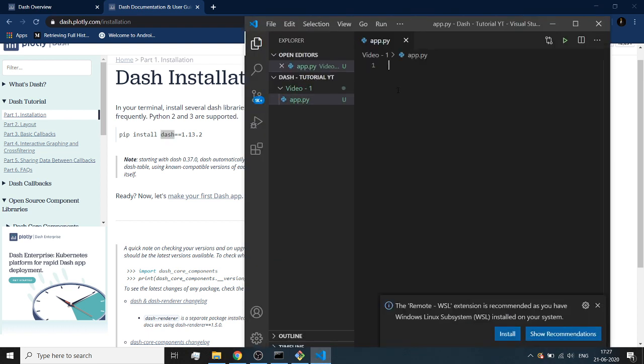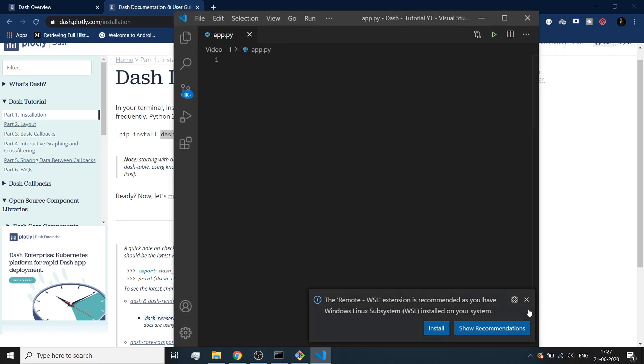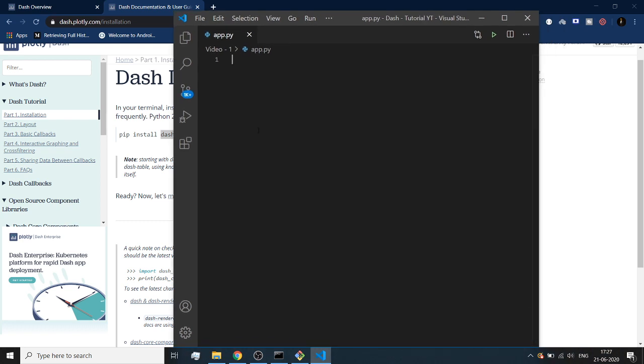Okay, so let's build something with dash, and the first thing that I want to build in this video is a very simple application which just displays hello world to the screen. So how can I do that? First of all, if you are familiar with HTML and CSS before, good, and if you are not familiar, do not worry about what these things represent. Right now you just need to understand that these two technologies are the technologies of web. If you do not know, just don't worry about it, as I'm going to take each of these things step by step.